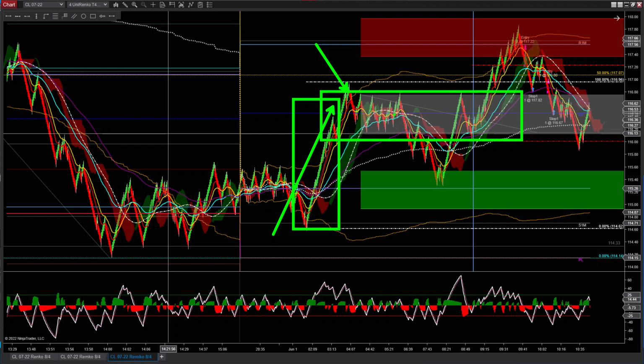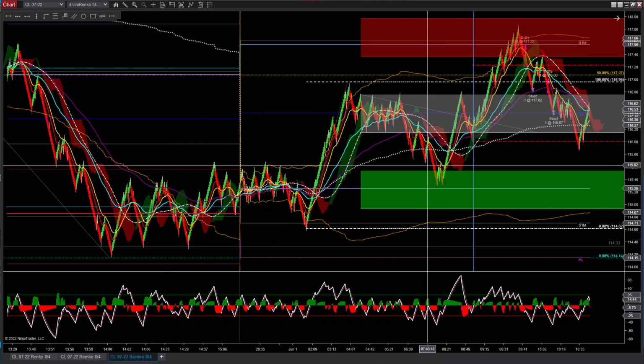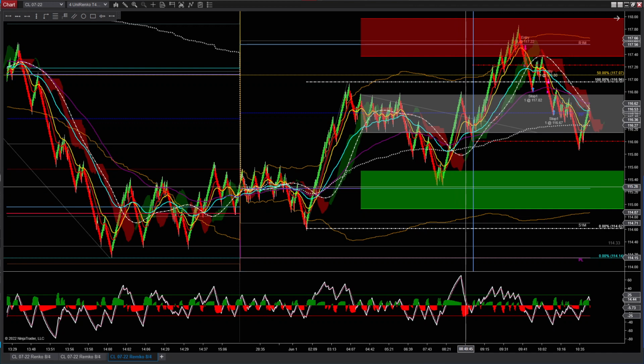So when it comes back down to this area, you should be thinking that you would buy to the upside in this area, right? And there's a setup which is a double bottom right here that was an indication that probably you wanted to go long. I did not. This one was before the market opened.